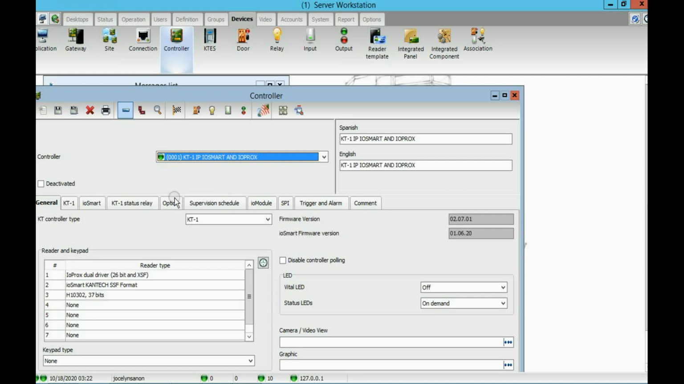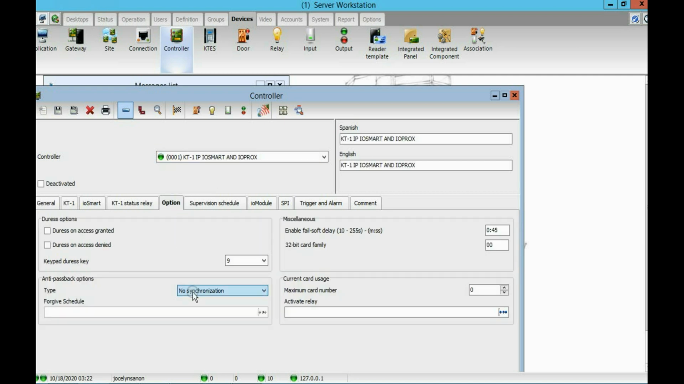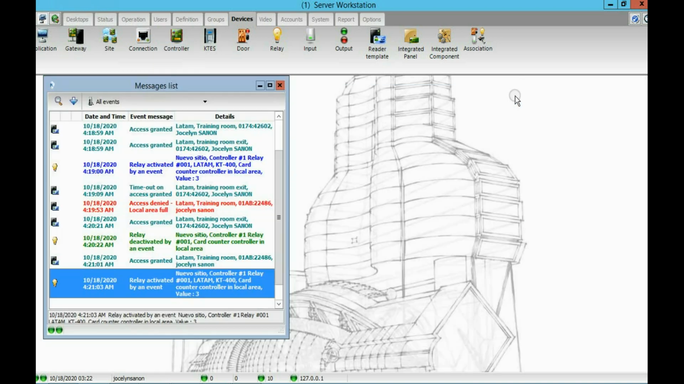I'm going to devices, controller, selecting a KT1 controller, and I go to the option tab. You can see here you don't have the controller local area, which is needed to do that setup, unless you have the global edition, because with the global edition, that goes to all the Entrapass controllers. All right, I hope this video helped you